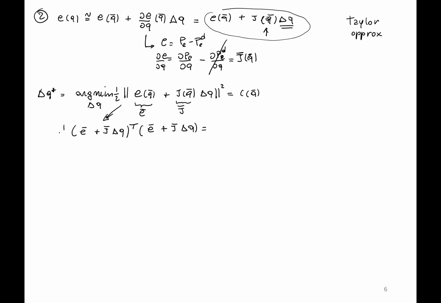Sorry, doesn't change anything, but let's put 1/2 on top of that. And this becomes delta Q transpose J bar transpose J bar delta Q plus, we have the double product. That's why we put the 1/2. And the double product will become a 2, but we have 1/2,